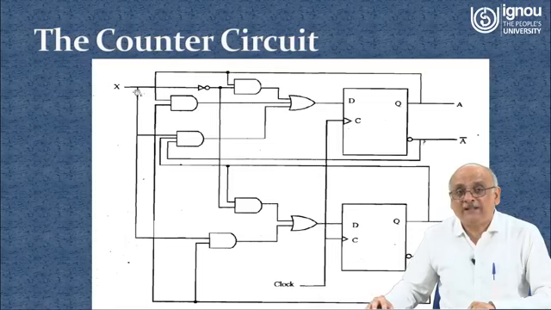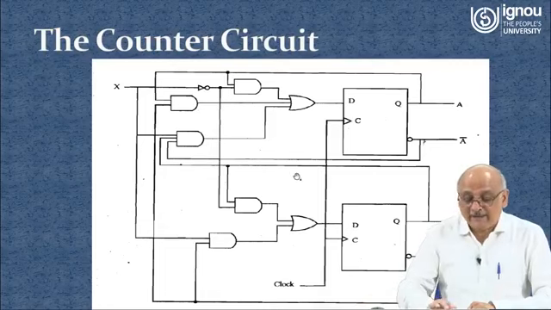Forget about the circuit, but this particular circuit needs to be designed. Suppose this is A flip-flop, this is B flip-flop, then this dA is going to be the effect of this particular combinational circuit. Similarly, the dB is going to be the effect of this particular combinational circuit. So this is what we want to do, using the current state of the A flip-flop, X, and the current state of B flip-flop. So both will be required in some sense.